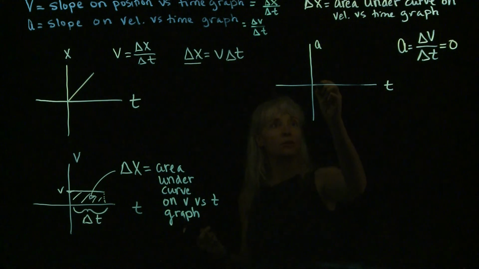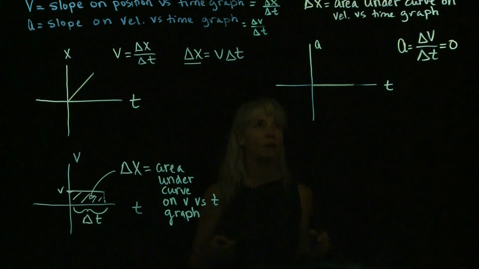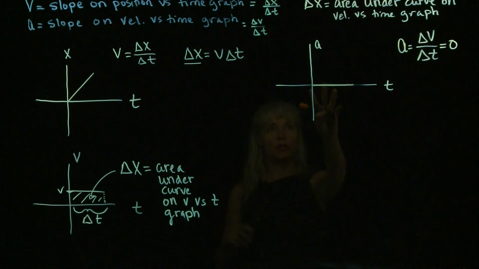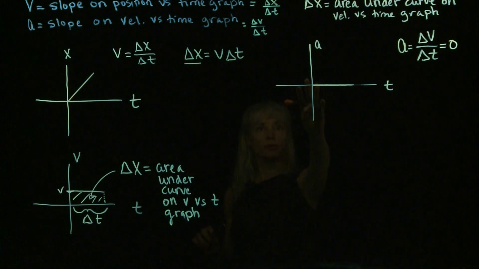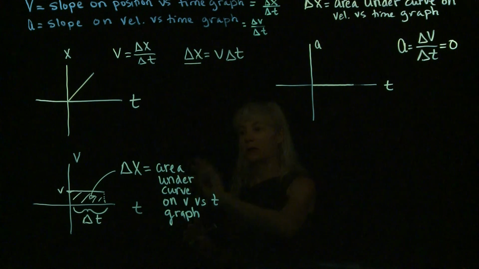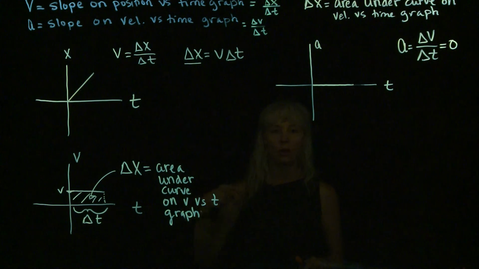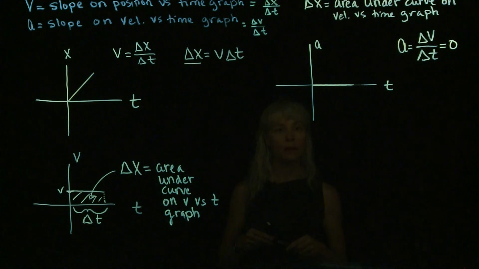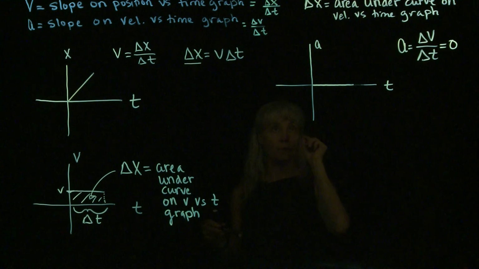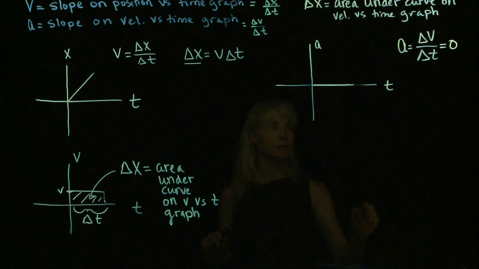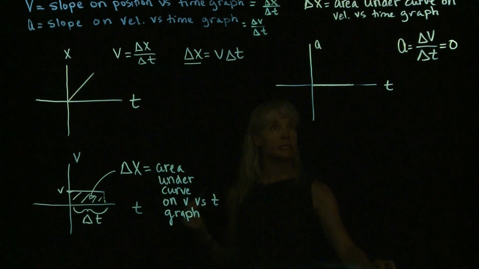And so an acceleration of 0 for all time is just going to correspond to a graph that looks like this. So not a whole lot of information we're going to be able to relate off of this graph back to velocity, but we will in the next video. We're going to pick a more complicated motion for the object and see how you can infer information about the velocity versus time graph from the acceleration versus time graph. So let's save that for